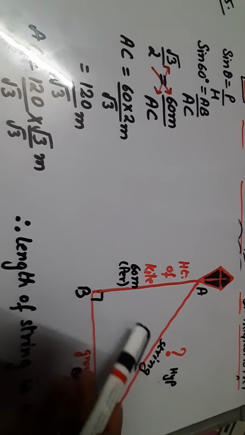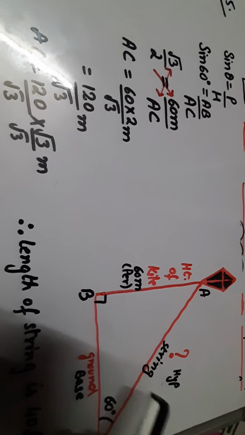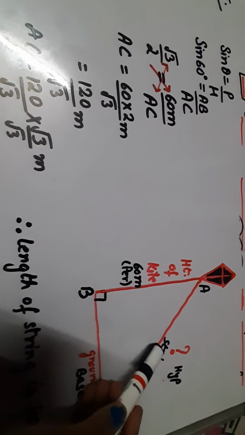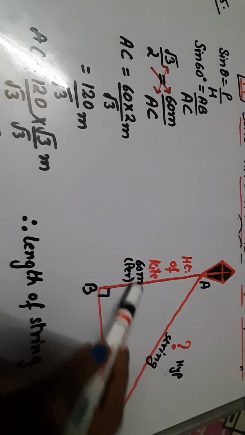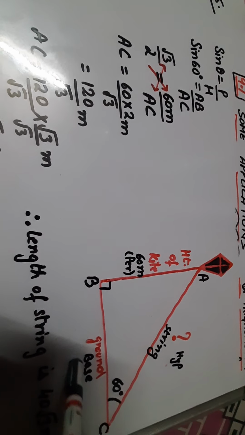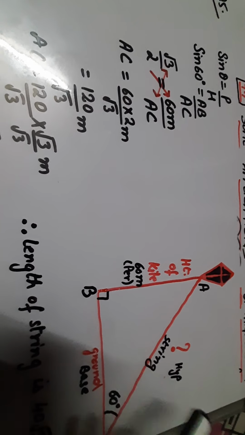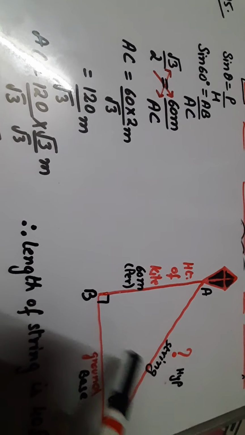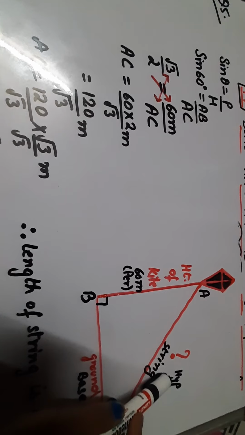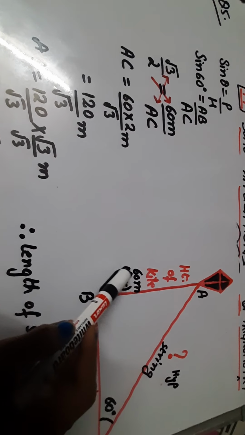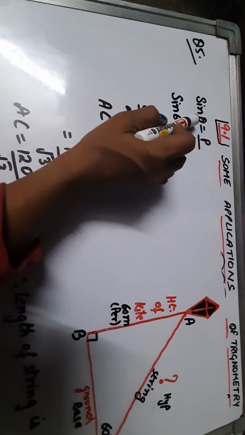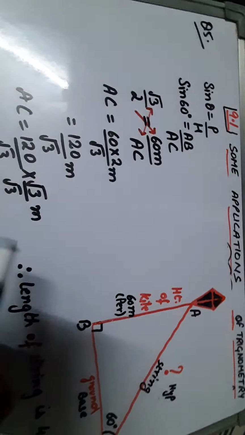So very first of all, let us decide which side is the hypotenuse, which is perpendicular, and which is the base. So the side which is opposite to the 90 degree, that is the string, is the hypotenuse. The side opposite to the angle of inclination, that is the height of the kite, is perpendicular, and the remaining third side is base. And now time to decide which trigonometric ratio should be applied. So as you can see, the height, means perpendicular, is given to us, and hypotenuse, that is the length of the string, we need to find out. Means P and H are involved, and P and H basically related to sine theta. So we have selected sine theta for this purpose.